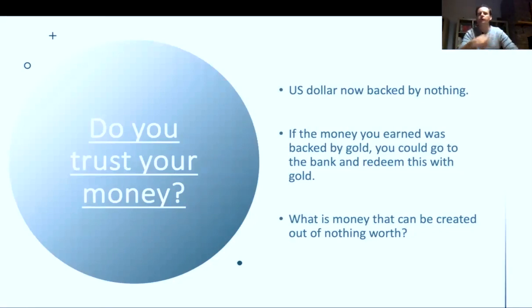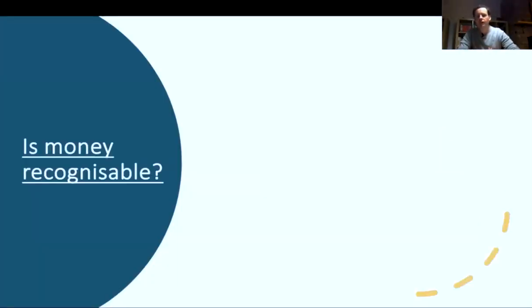What is that worth? Let's come back to one of the properties of money that we saw before, and that's it being recognizable. As I mentioned, the Federal Reserve can print money out of thin air, and this is done much more digitally nowadays rather than physically printing notes. So yes, we have to say that money is recognizable physically, but digital money isn't. The notes and the coins are recognizable physically, but digital money isn't. However, you can create it from nothing.